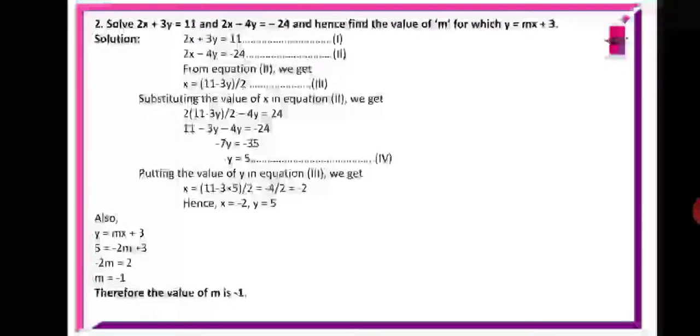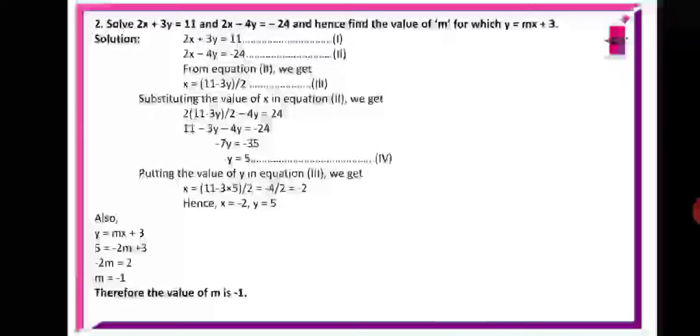One thing you should remember here: if you multiply any equation with a constant, on both LHS and RHS, it is an equivalent equation. The value of the equation does not change, because you are balancing both sides. You are multiplying the equation, the value does not change. But when you add, it will change. So if you multiply, it does not change.